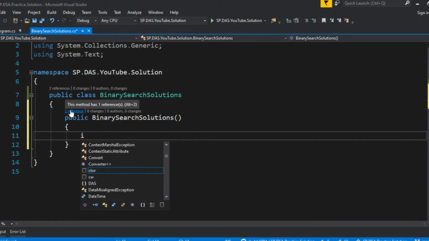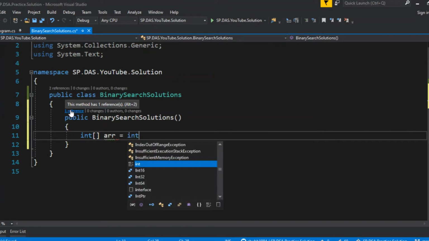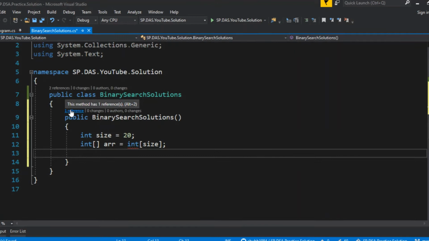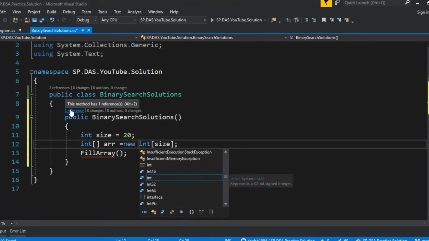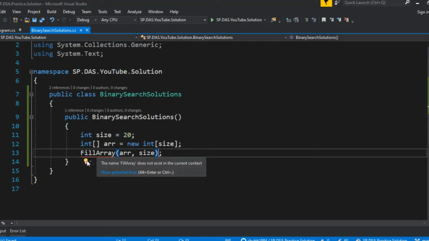For example, I have one array, and this is the size. Initially the size is 20.